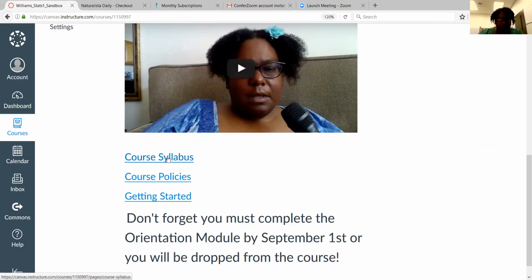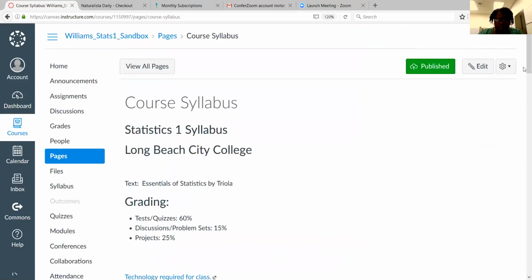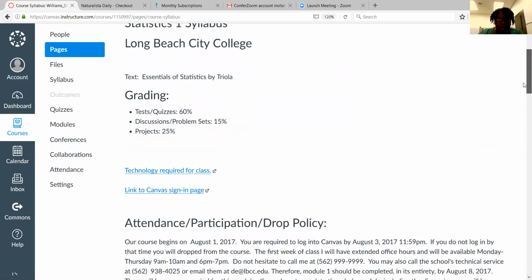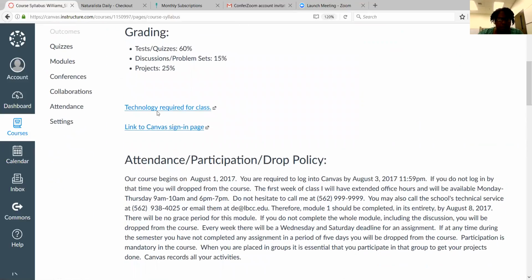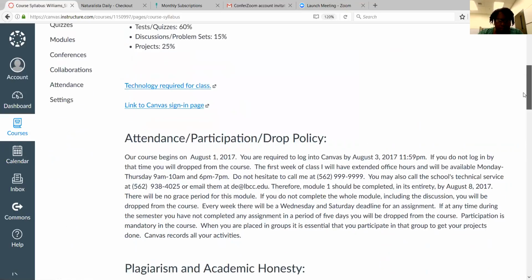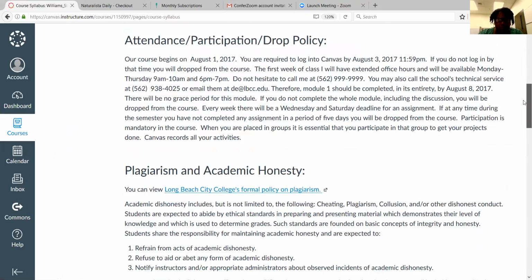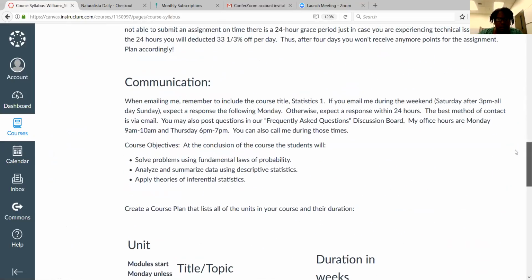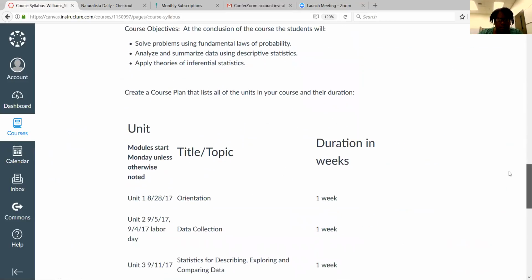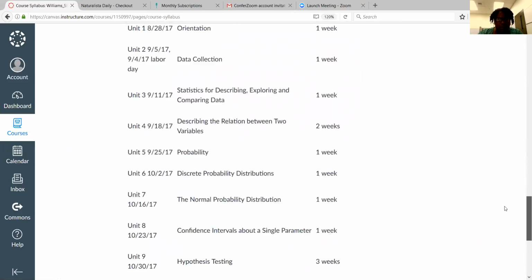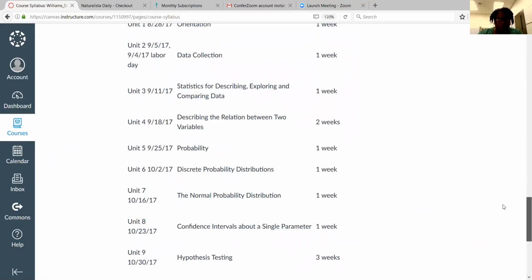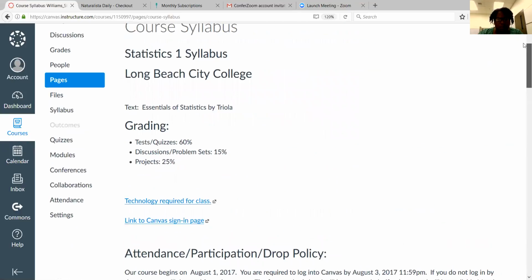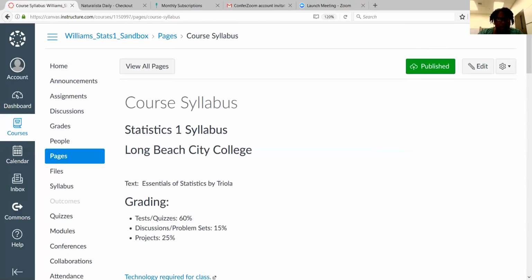So if we click on syllabus, we can get to the syllabus. I made sure that everything had a header, that all the links were content-based, and there are different links to go on to, like Long Beach's policy for plagiarism. There's a late work policy, communication, and here is a table of what goes on when. Okay, then if we go back to home,